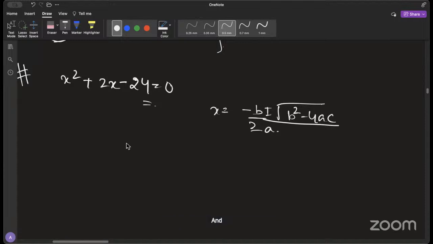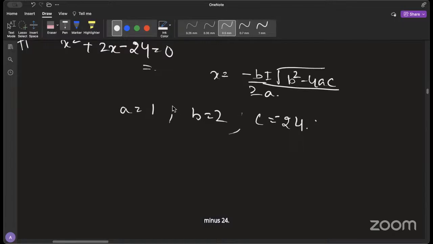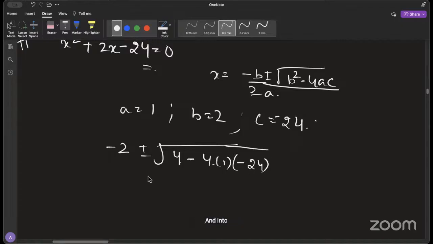And here your a is 1, b is 2, and c is minus 24. If you apply this, you'll have minus b, which is minus 2, plus minus square root of b square, which is 4, minus 4 times 1 times minus 24,